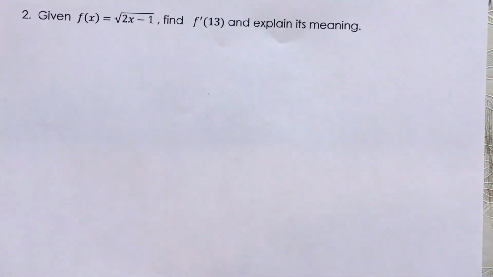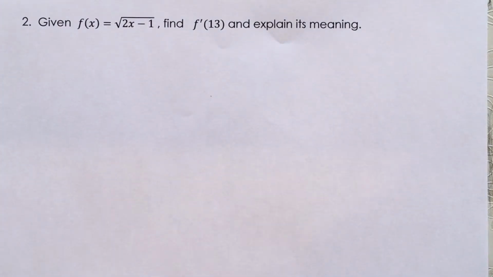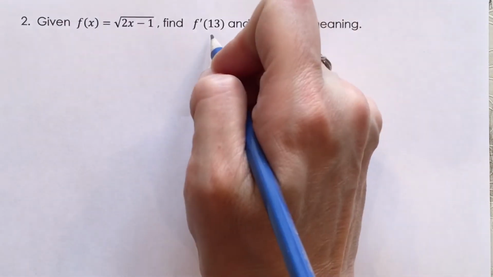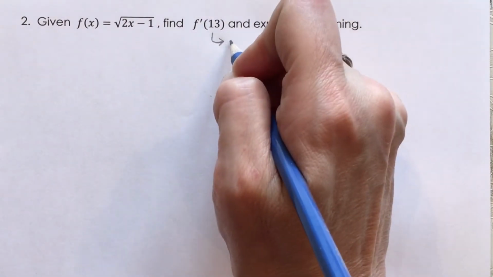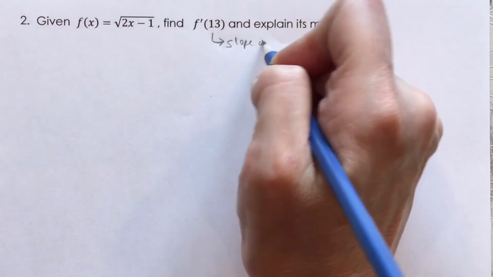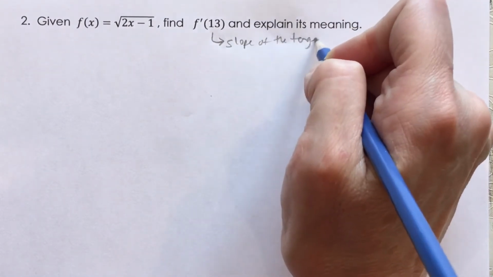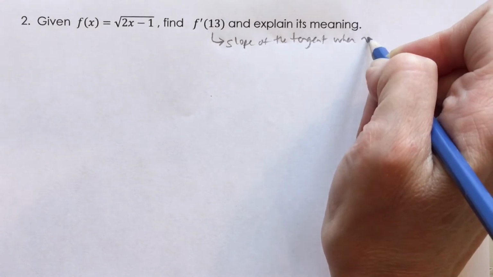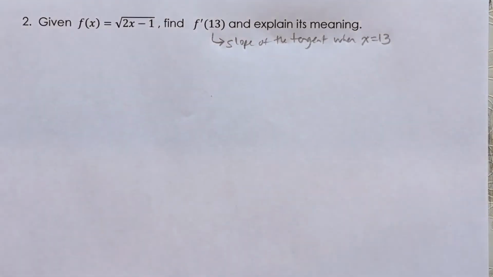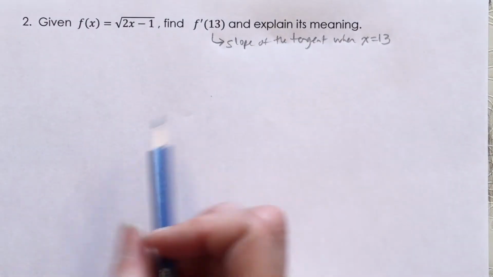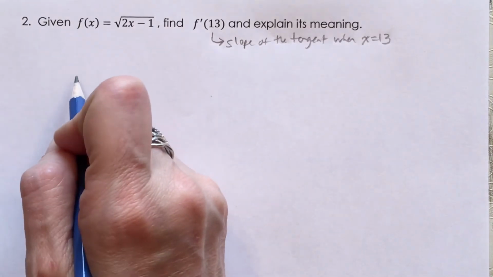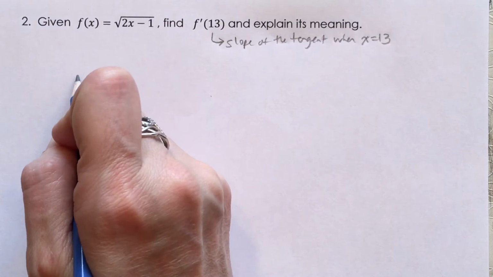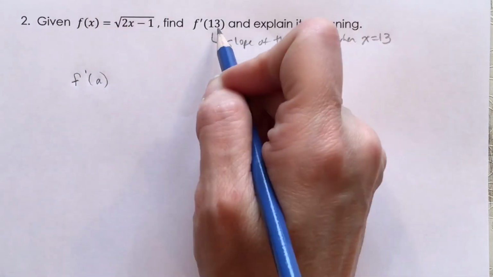Okay, another question. Given f of x is the square root of 2x minus 1, find f prime at 13 and explain its meaning. So we talked earlier that f prime at 13 means find the slope of the tangent to the curve when x is equal to 13. So when our x value is equal to 13, we need the slope of the tangent. So let's start off with the formula. Instead of m tangent, we'll start off with our f prime at a formula, but obviously we see that a is equal to 13 in this case,